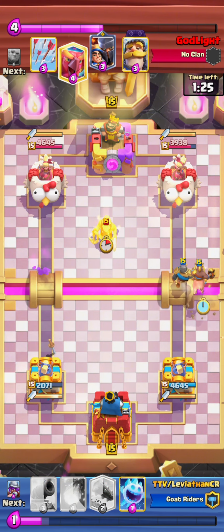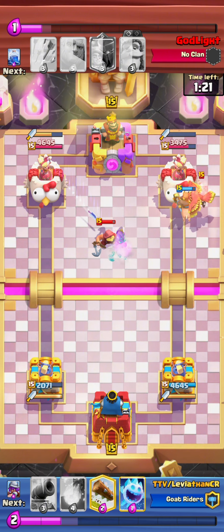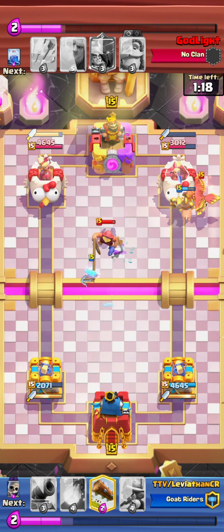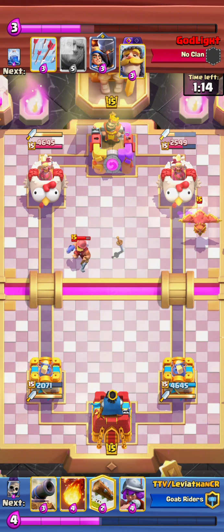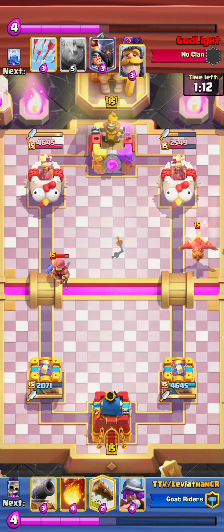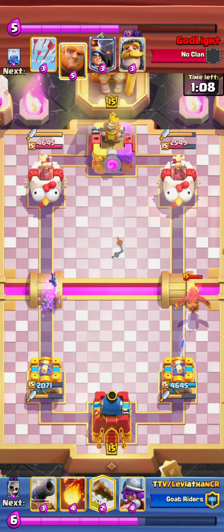I then just pressure opposite lane, hoping to get some damage back, and thankfully I do manage to. This is a really good Ice Spirit. Look at that. Ice Spirit just distracts the Fisherman, gets my Hog like an extra hit. Huge. And his Phoenix and Fisherman are split up, so now my Dagger Duchess can deal with both lanes very